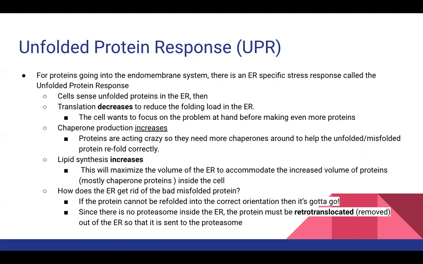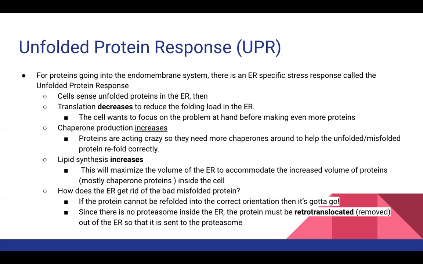So when it initiates this unfolded protein response, translation decreases in the cell to reduce the folding load into the ER, because the cell wants to focus on the problem at hand of unfolded proteins before it makes even more. And then it also increases chaperone production, because chaperones are proteins as well. And the cell needs more chaperones to help